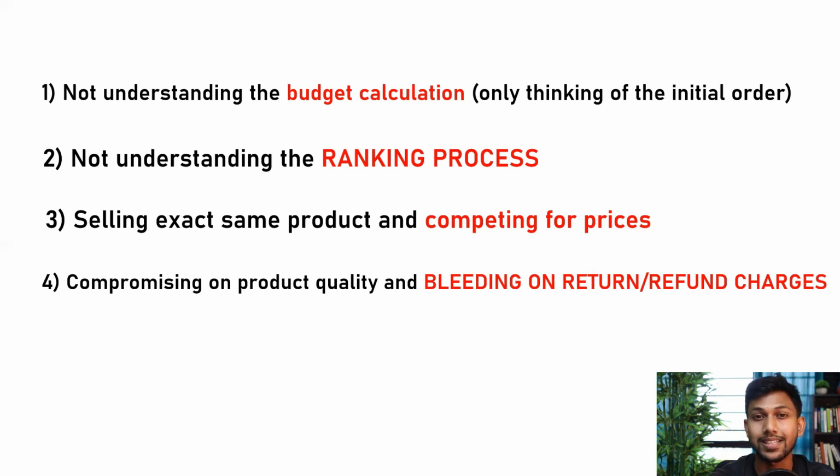What is the reason why the seller's product is performing badly? If you can't solve the issue, don't launch that product, because ultimately you will get returns for the same issue. And if you get a lot of returns, ultimately you will be negative. You will be at a loss for sure. Now, this fourth point is the main reason, okay, for maximum sellers to make